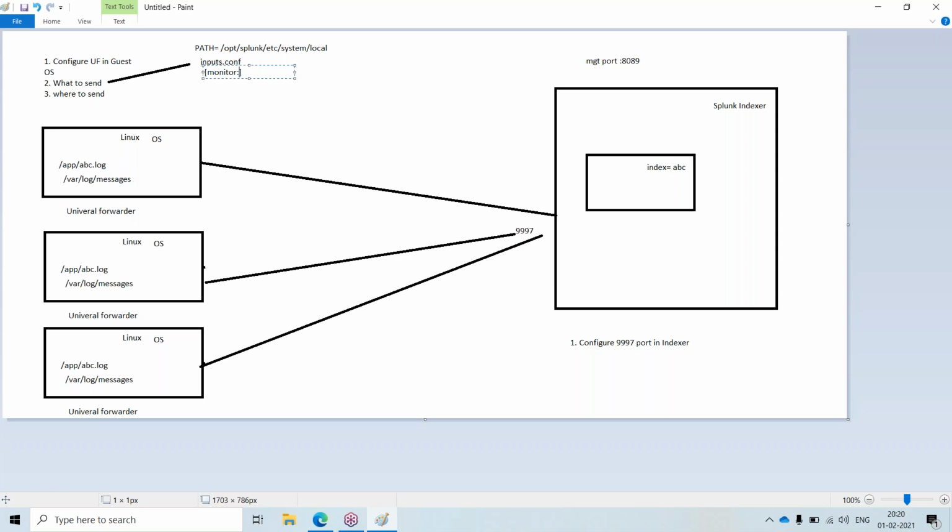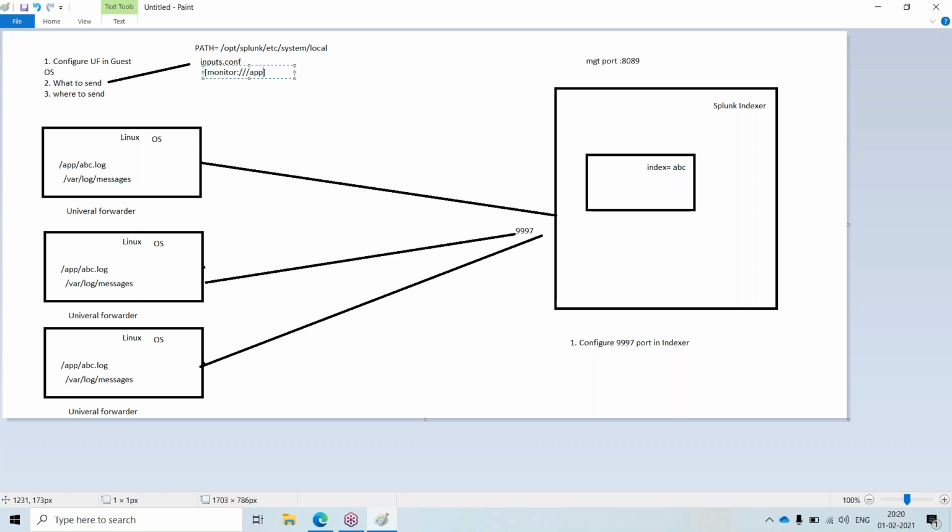And what I have to monitor, which log, I have to give the path: colon, forward 2 slashes, slash. I will say what is my path here,